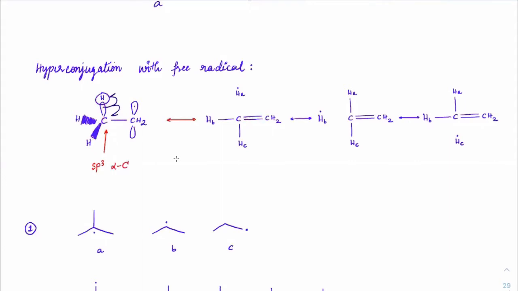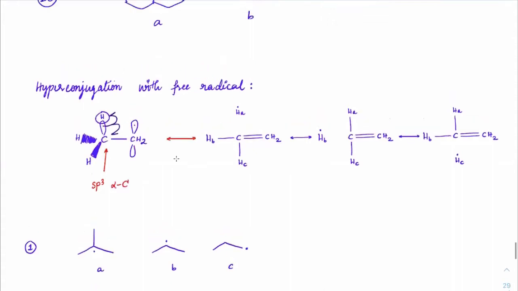It is also sigma-pi conjugation, but this time it is between a sigma bond and a free radical. Okay students, so we will get three canonical structures, one with this hydrogen making a no bond, here also it is making a no bond, here also it is making a no bond. The earlier hydrogens were supposed to be cations, I mean, they used to be positively charged. Here they used to be radicals, here they will be radicals. Everybody got this idea now?